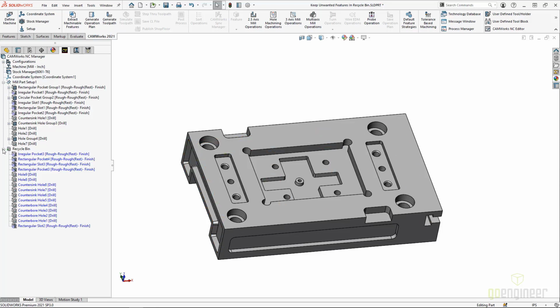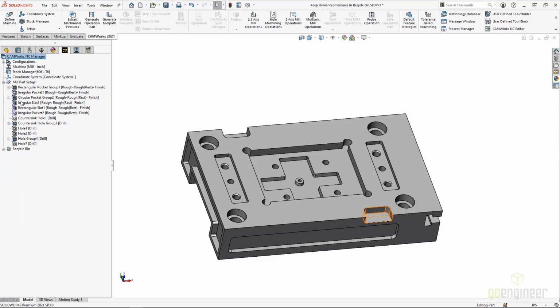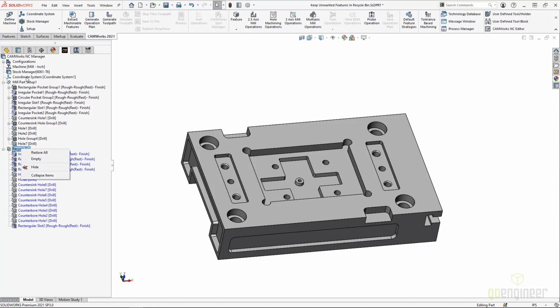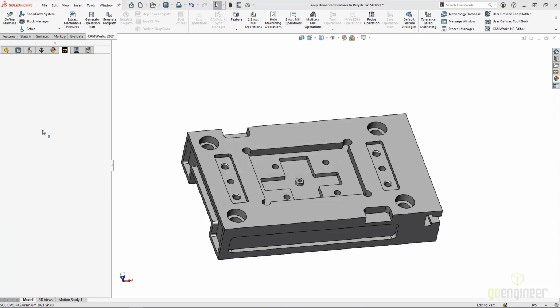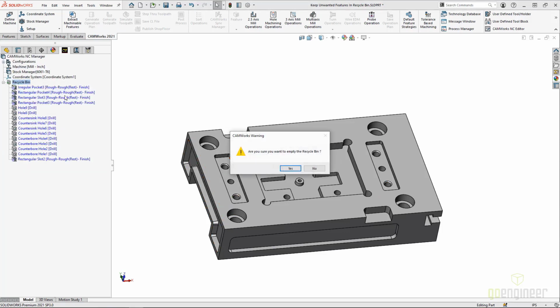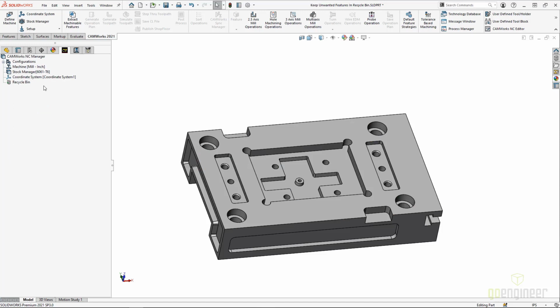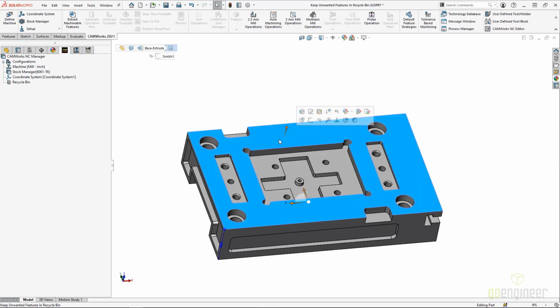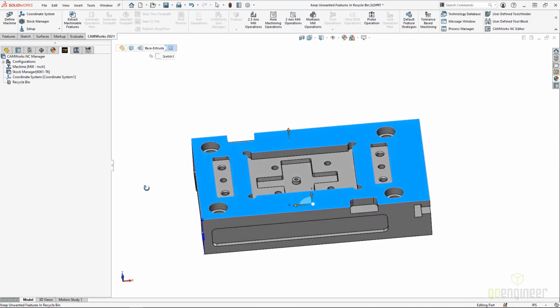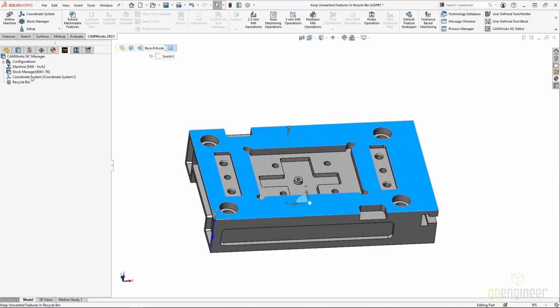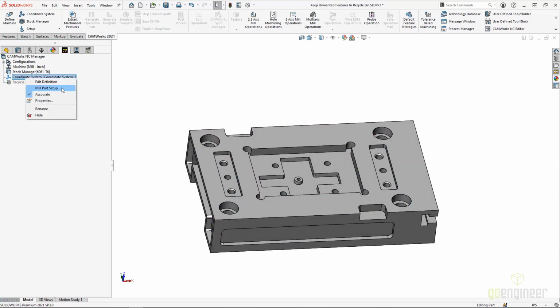The other method would be if we just wanted to do one setup at a time. I'm going to get rid of this as well, because on a part like this, if we're not trying to do all the setups, it can be a bit overwhelming to get all of those features or have to end up removing them anyway. Let's assume I just want to start on this face and I'm not trying to get any other setups. In this case I'd create a mill part setup,